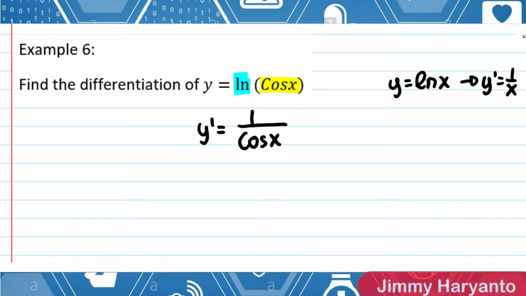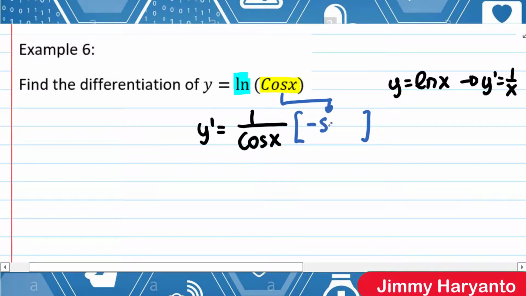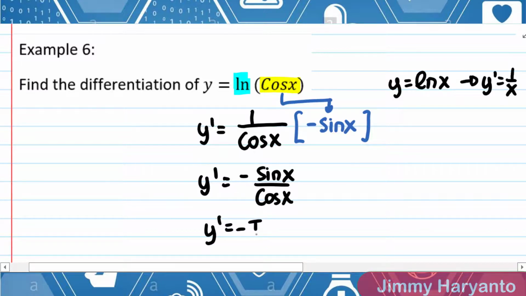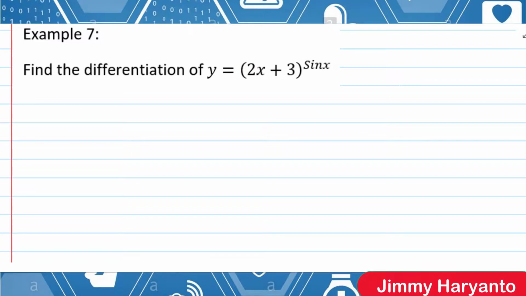And then don't forget to times it with the inner function. The inner function is this one, cos x will become negative sine x. So you will have y prime equals negative sine x over cos x. Y prime equals negative tan x. Okay, good. So for example 7, it's a little bit difficult,